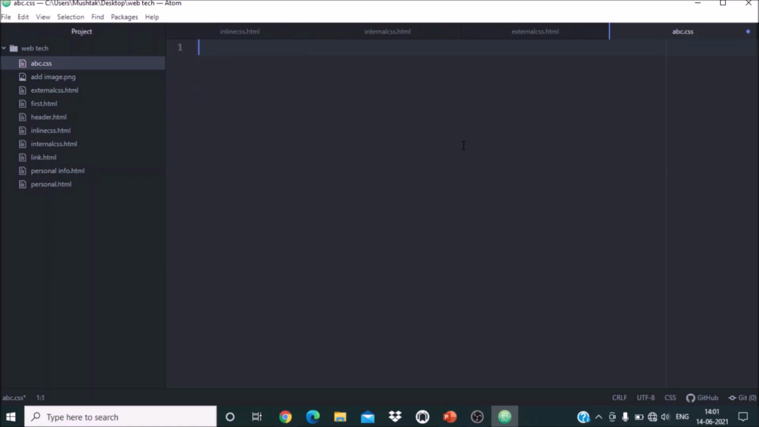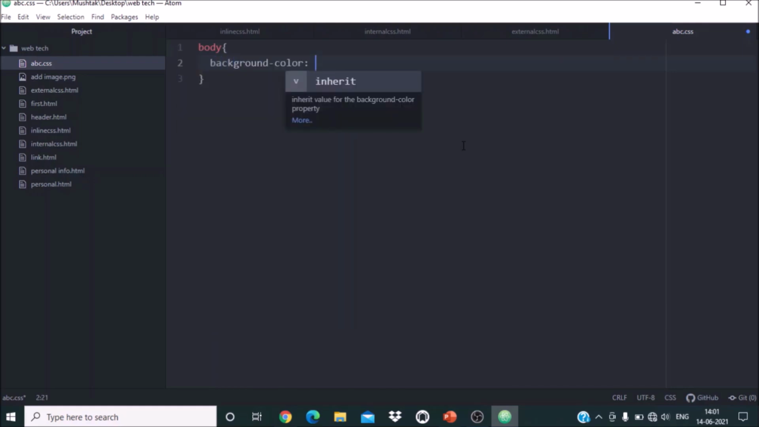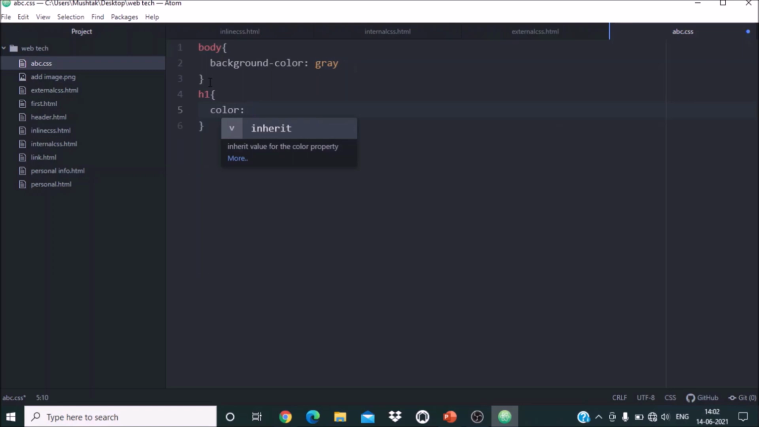Suppose I am writing body, then you have to give the property and value. So if the body has a background color, you can assign the background color, suppose it is the gray color. Okay, so this is a body. Then you have selector as H1, and in case of H1 you want the color of the font. Suppose it is pink, and you want font